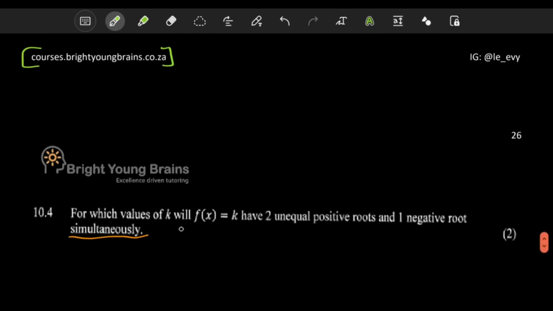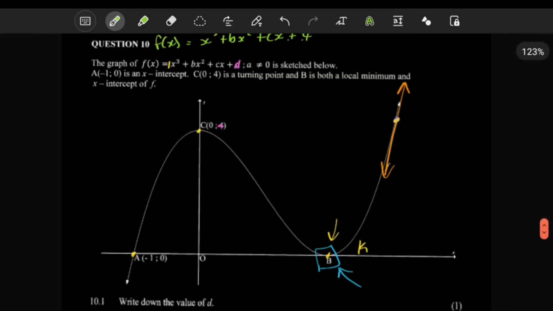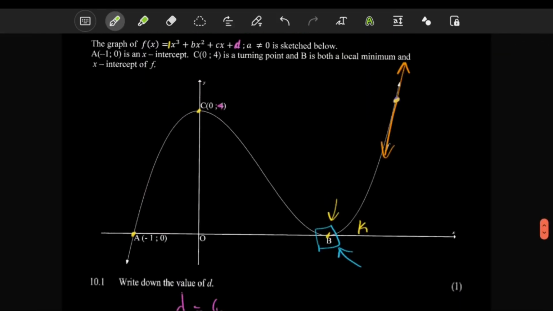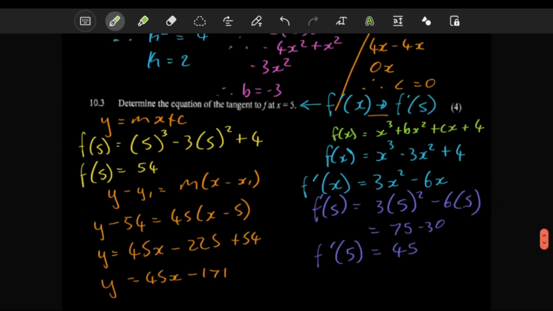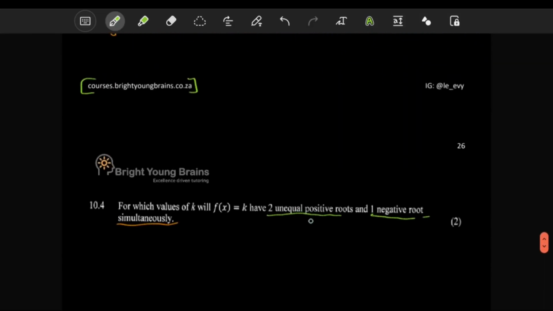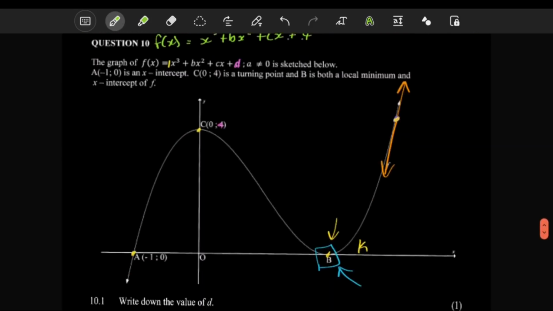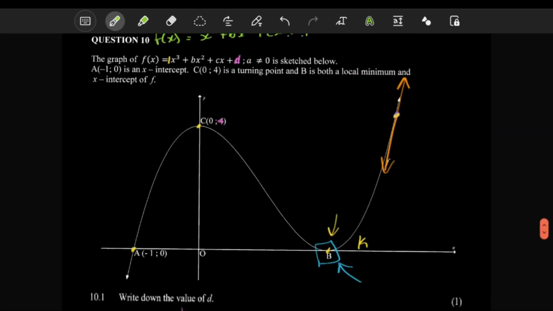Here it says you need to determine values of k for which f of x will have 2 unequal positive roots and 1 negative root. So this kind of question needs you to visualize the graph, or you just need to look nicely here. If you're going to have 2 unequal positive roots and 1 negative root, firstly this graph here,